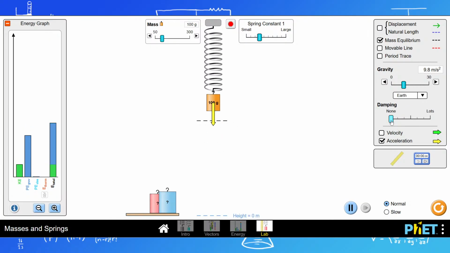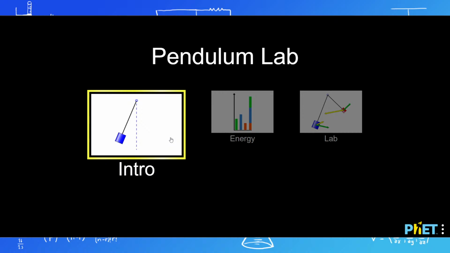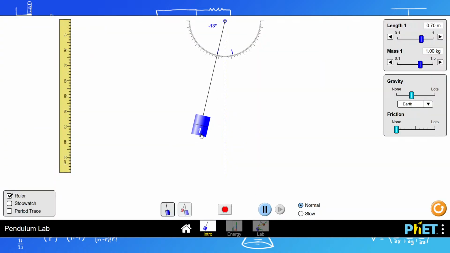Now, if I turn on damping, even if it's just a little bit, over time you see that the oscillations get smaller and smaller until they gradually come to a stop. This is just what we see in real life, right? Here's another example of something that engages in simple harmonic motion, a pendulum. You raise it a few degrees, it swings back and forth and back and forth and back and forth. And if I turn on damping, or what they called friction here, then over time, if you've ever been to a park,